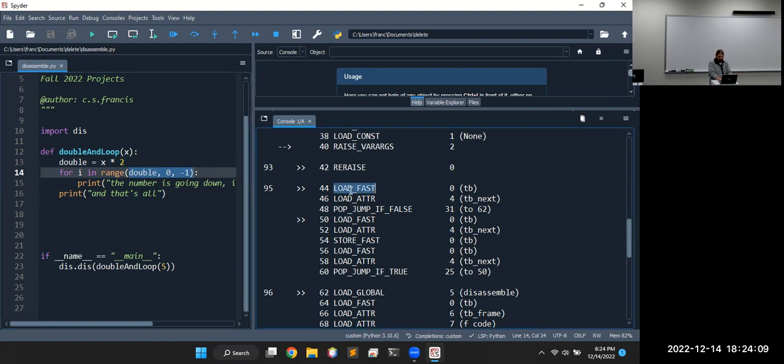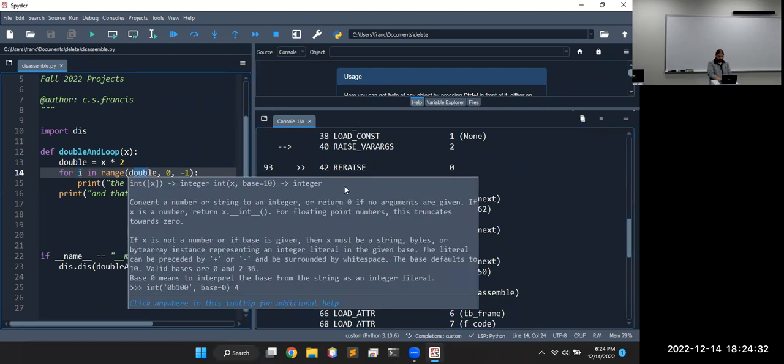So load fast, load fast, load fast, load fast. We see load fast show up 4 times. So that's our actual values. That's like the variable. And then this first load attribute would refer to the I. And the second load attribute, the double,